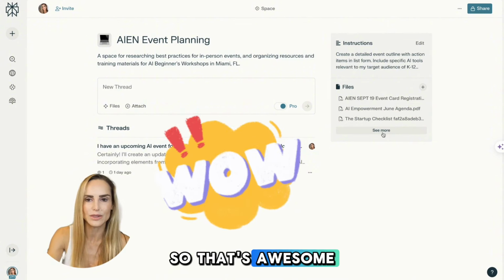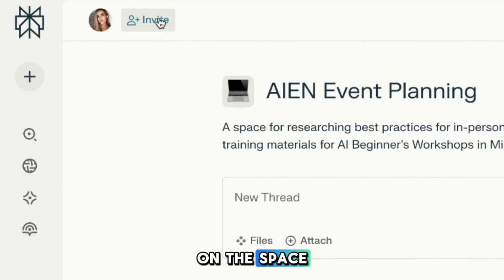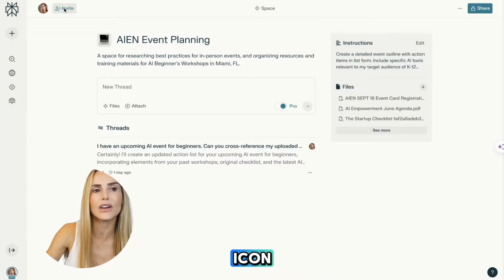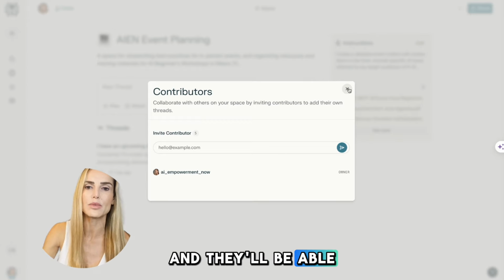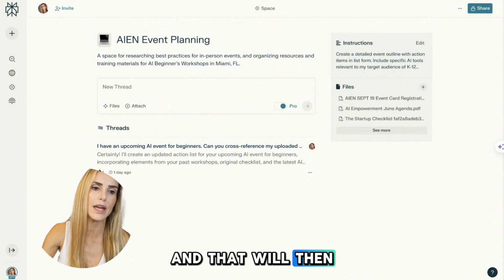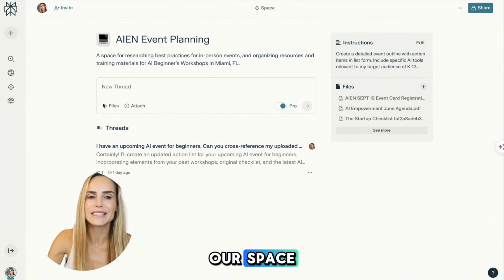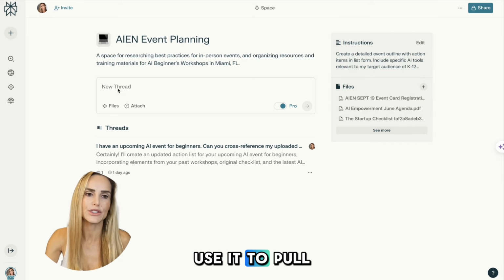So that's awesome. If you want to invite someone to collaborate on the space, you click this person icon, you add their email, and they'll be able to ask their own questions in here, and that will then populate under threads. Now that we've created our space, here's how you might use it to